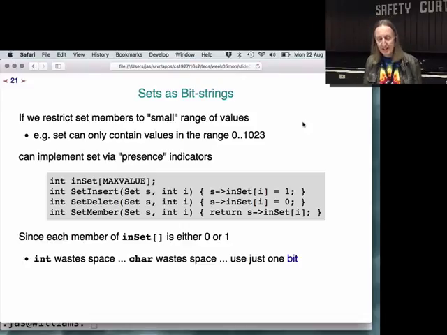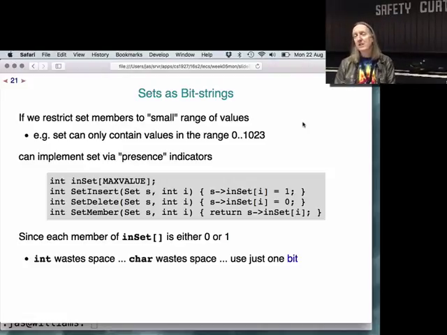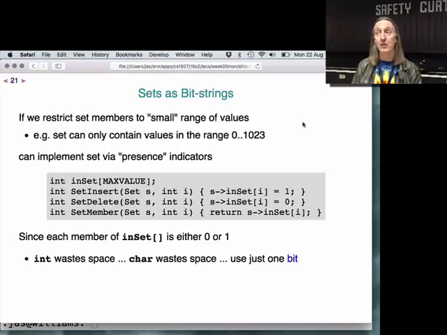All right, another way to implement. Now, in this case, we have to make an assumption that we're going to restrict the set of possible values that might be in the set. So if we say, all right, we're only going to allow the values from 0 to 1,000 to be members of this set, then we could use a data structure which is basically just a set of bits. So to indicate